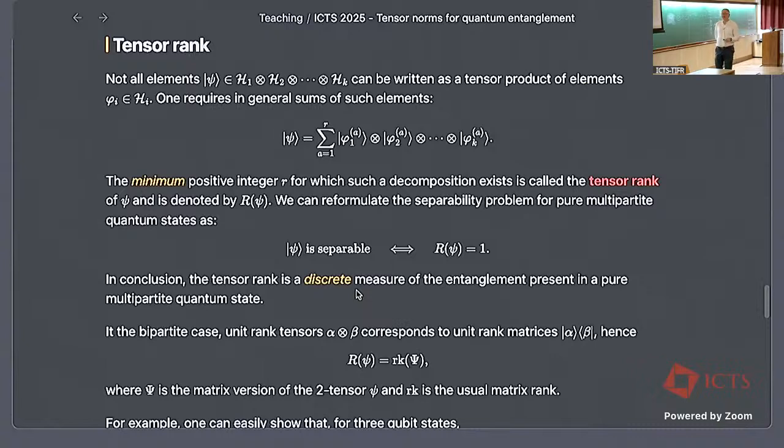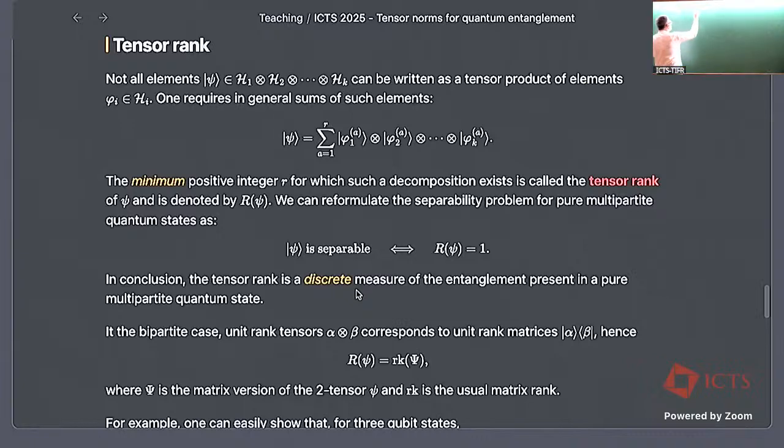In the bipartite case, k equals 2, so if I just have two tensor factors, then always when you have a 2-tensor, think of a matrix. That should become automatic by now. So always my vector, my tensor psi, maybe let me write it here, since now we have this graphical calculus. Whenever I have a psi, psi is a 2-tensor. So it's something which has 2 legs. This leg corresponds to H1, and this leg corresponds to H2.